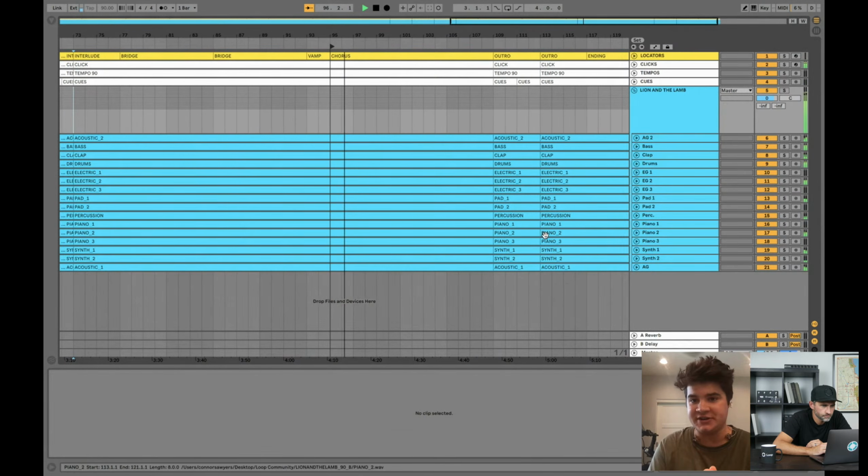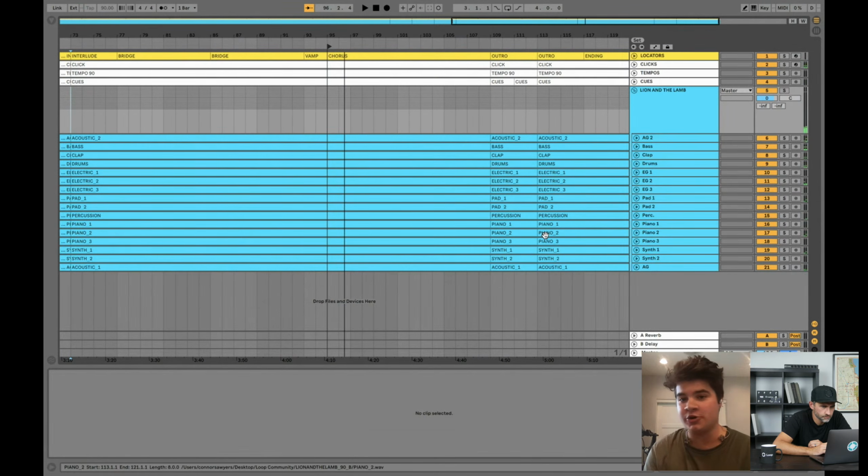Super quick and super easy. As long as your team knows where you're going, classic hand motions never fail. You're able to just move wherever you want in the song using these little flags, using these locators. It's super, super helpful. And the best part, it's super simple for anyone to be able to use.